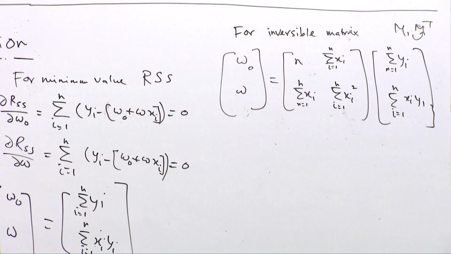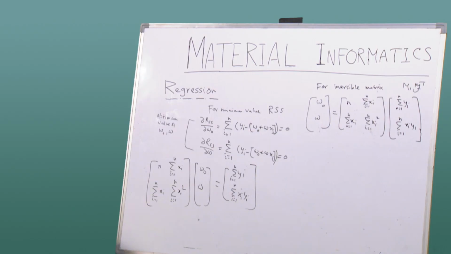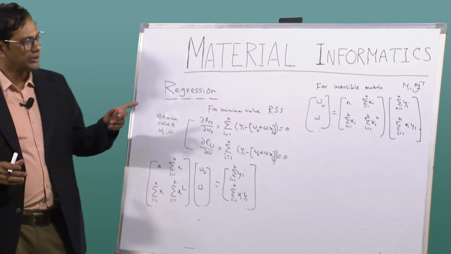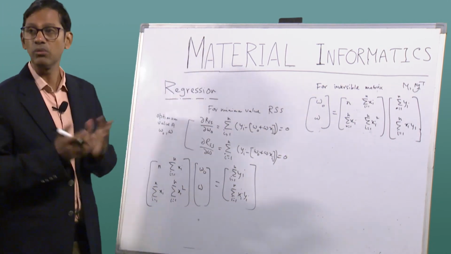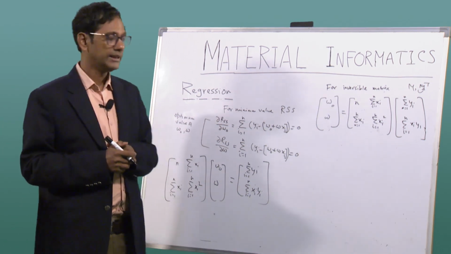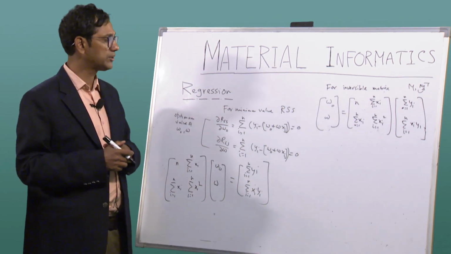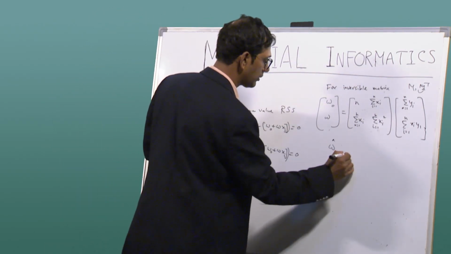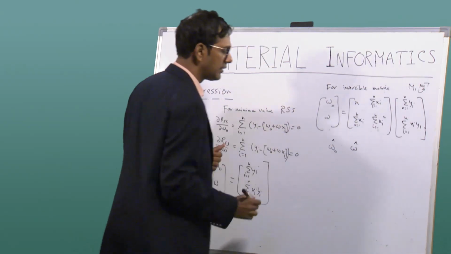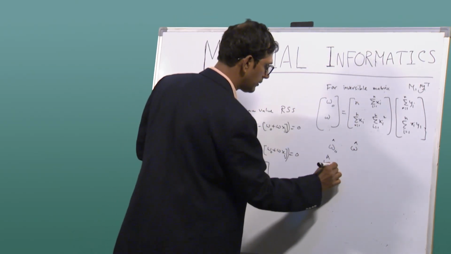You can clearly see that this is the easiest possible way of putting together an equation. Now, the values of W0 and W basically depend on what kind of data set you are using. So finally what you will get? You will get an optimum value of W naught and W, right, and the equation will be then